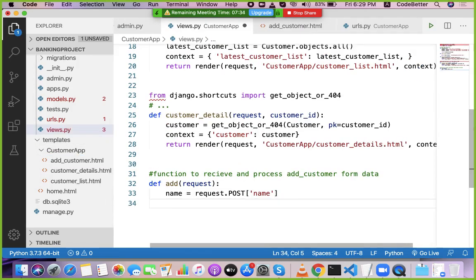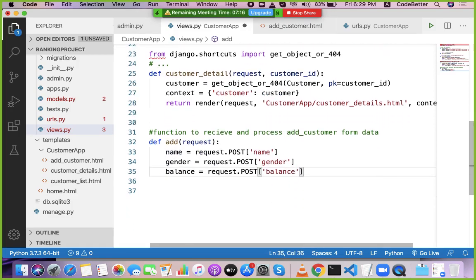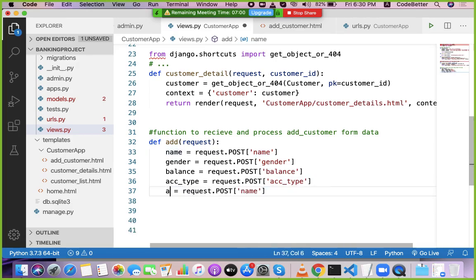So name, similarly gender, balance, account type, account number.